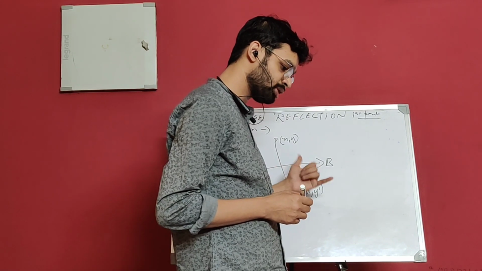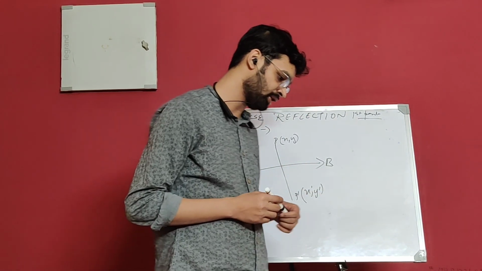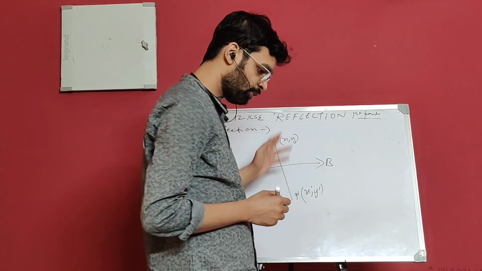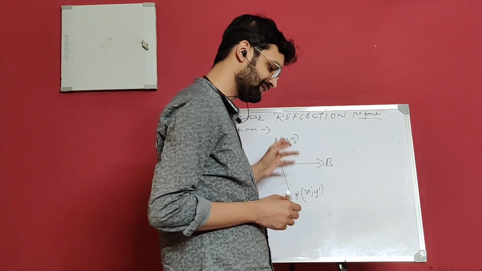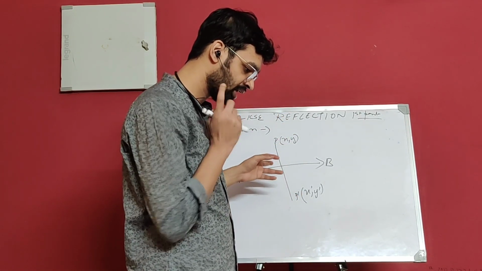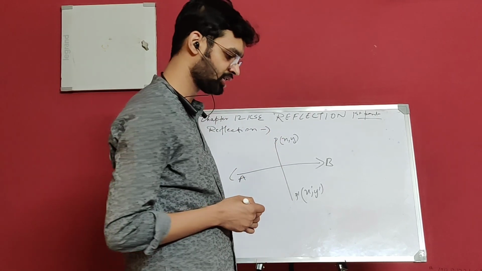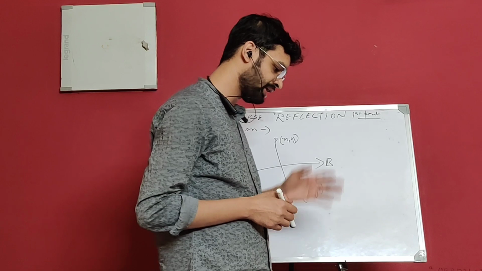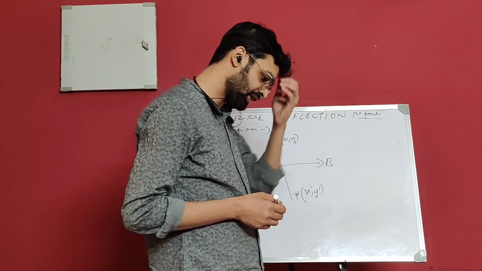Therefore, to find the image of point P in the line AB, consider AB as a plane mirror and the point P as the object. From P, we have found P dash, that is the reflection. The transformation which maps a point from P to P dash is itself a reflection, and the line AB we can call a mirror line or a mediator. Okay, so this is a reflection.